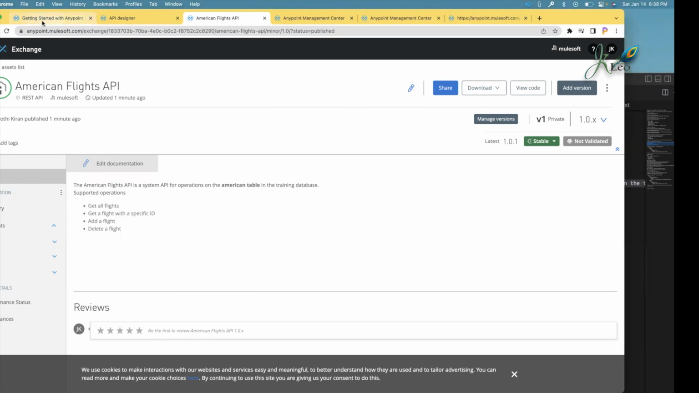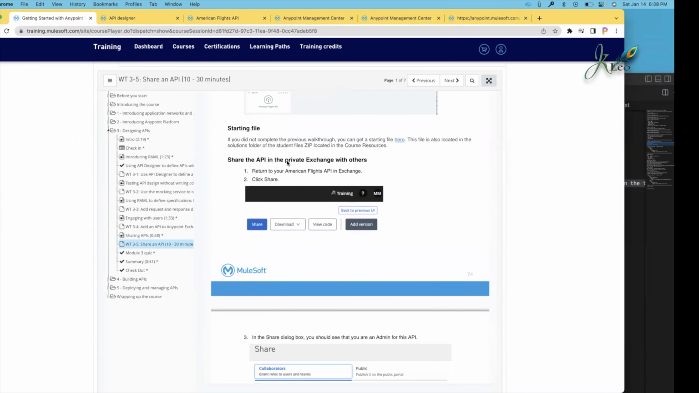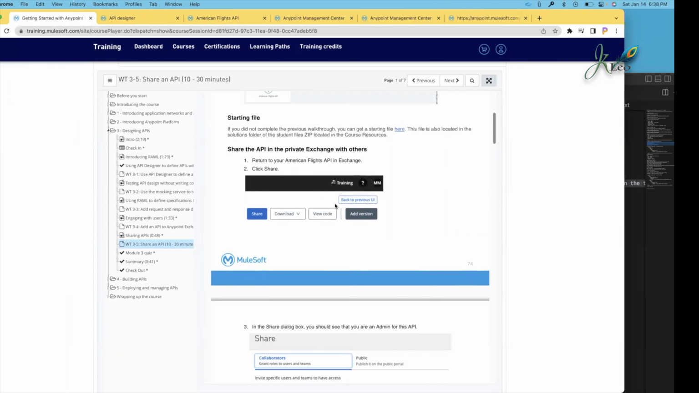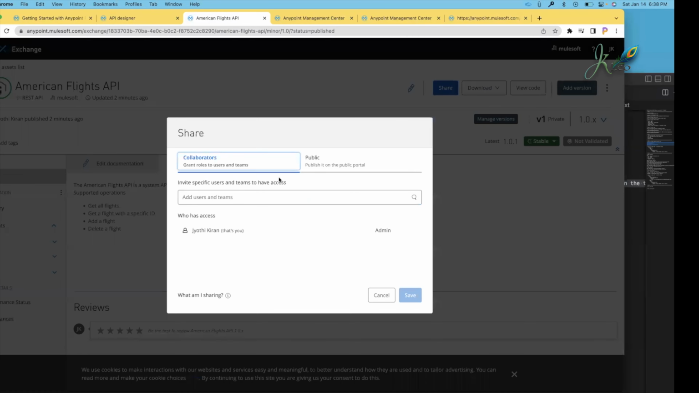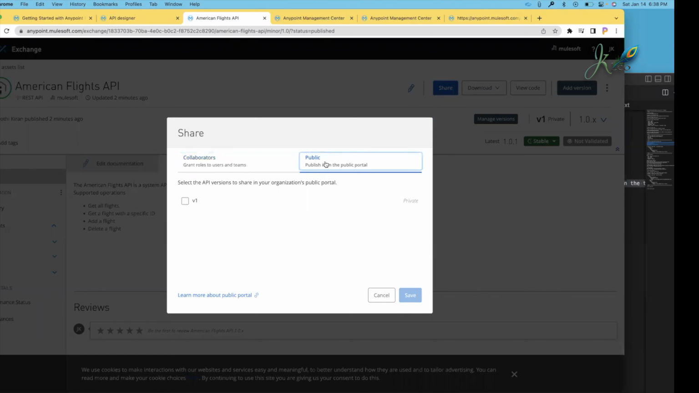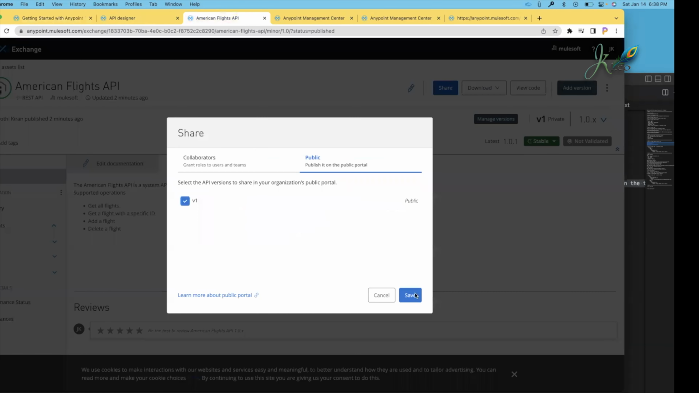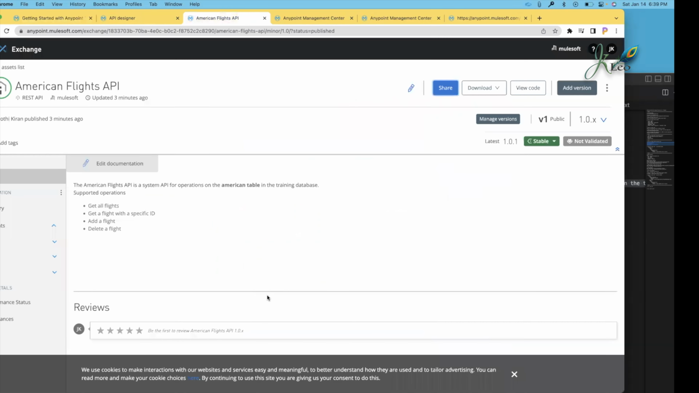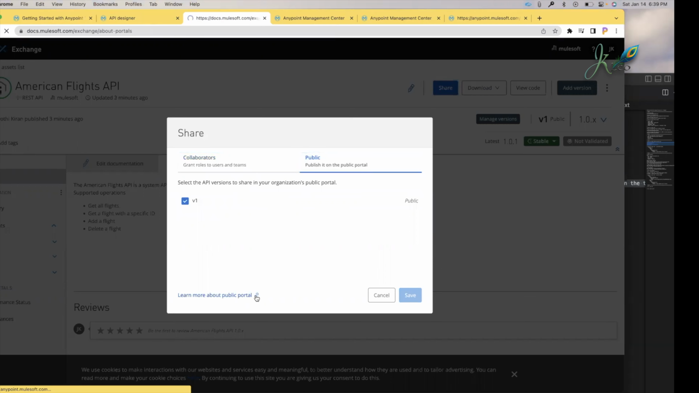Okay, so to create the portal we have to share the API in private exchange with others. So return to Anypoint and click the share button. Here there is a share button, click on that, and we are selecting it to the public, and this is the first version, select one. Now click on save. Once you click on save, you will get a link,